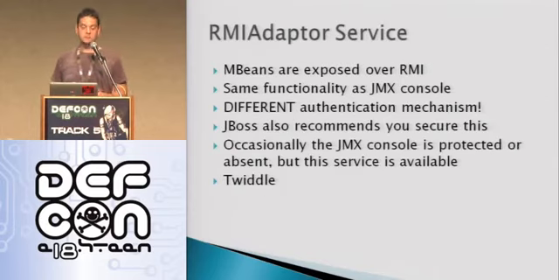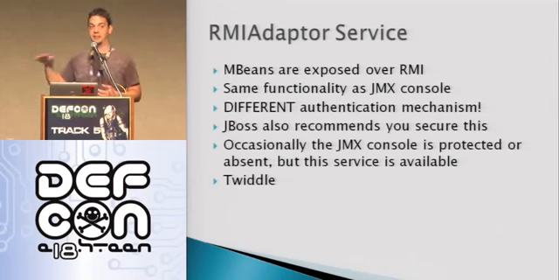One other quick thing first. So that was the JMX console. There's also a bunch of different services that allow you to, again, interact with the MBeans in a variety of ways. So there's a service, it's the RMI adapter service. That's just a network-based, it's not a web-based service. But it'll give you the same functionality as the JMX console, because again, if you remember the diagram at the beginning, the MBeans at the bottom are all there and you're just interfacing with them in different ways. So again, different authentication mechanism, different configuration.